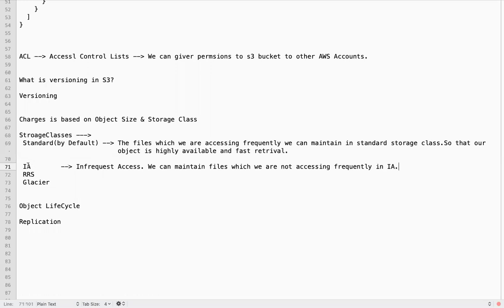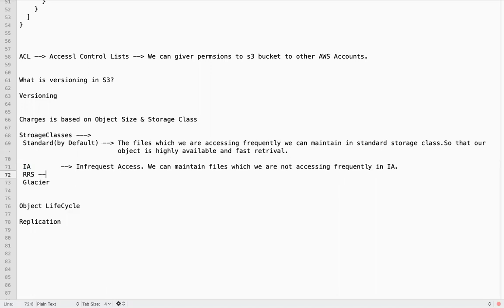So what is the advantage here? If you are not accessing frequently, you can maintain in IA, so the charges are less compared to the standard. Retrieval will be a little slow in case of IA.